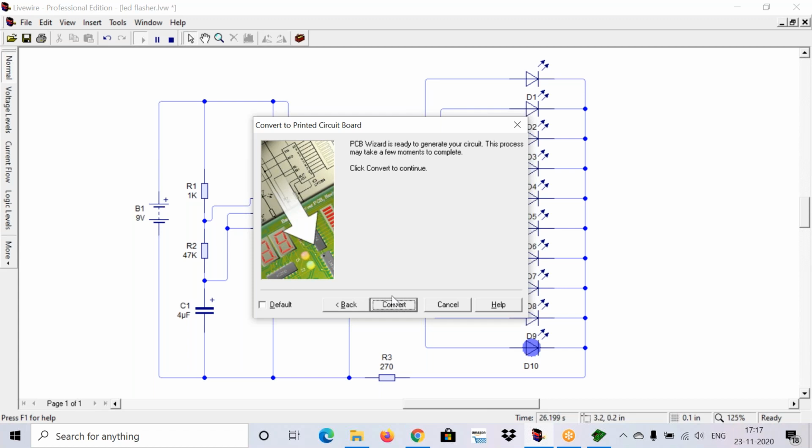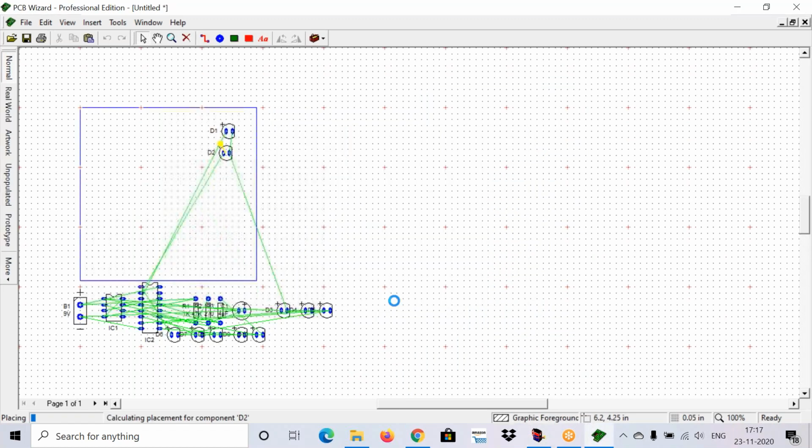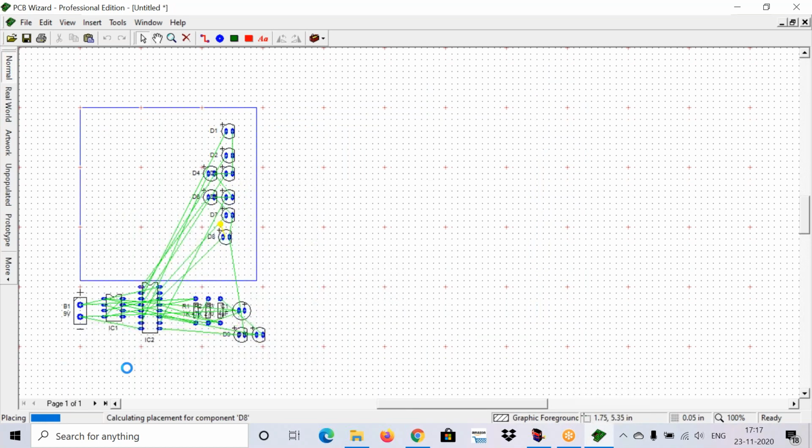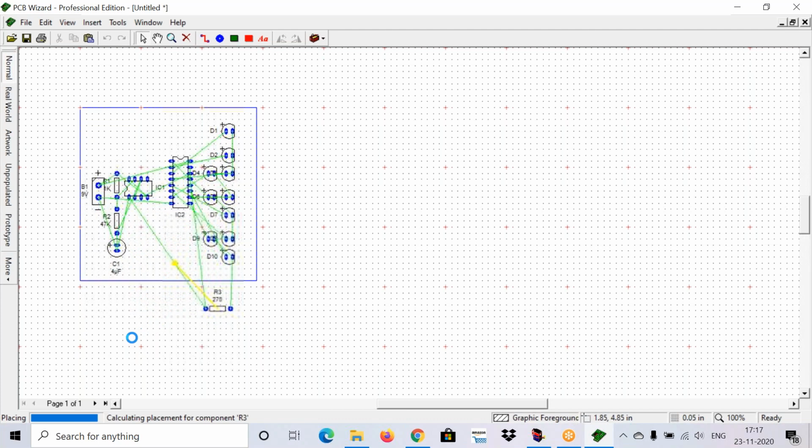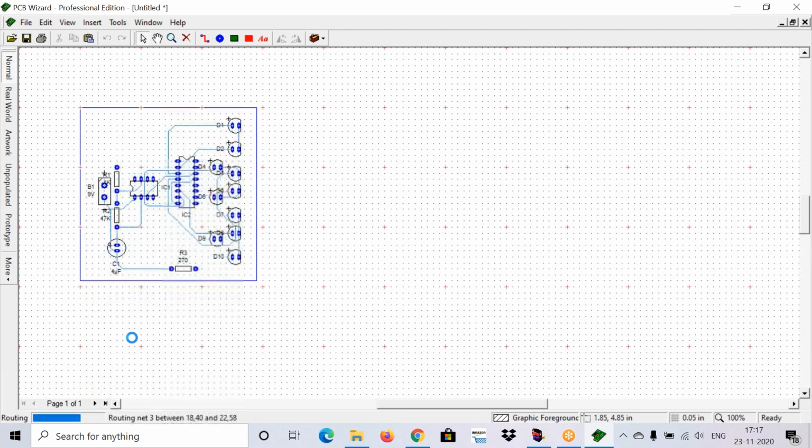Now click on the Convert option. It will directly take you to the PCB Wizard software, and you can observe that it arranges the components itself and checks for maximum possibilities.